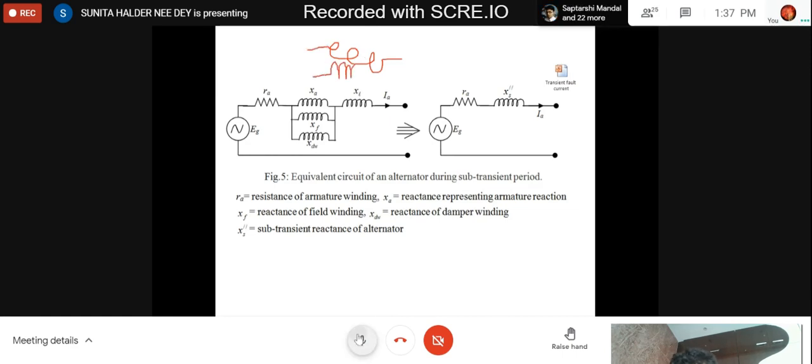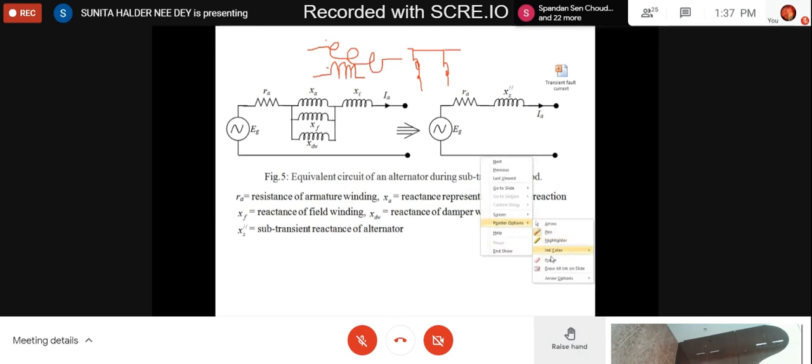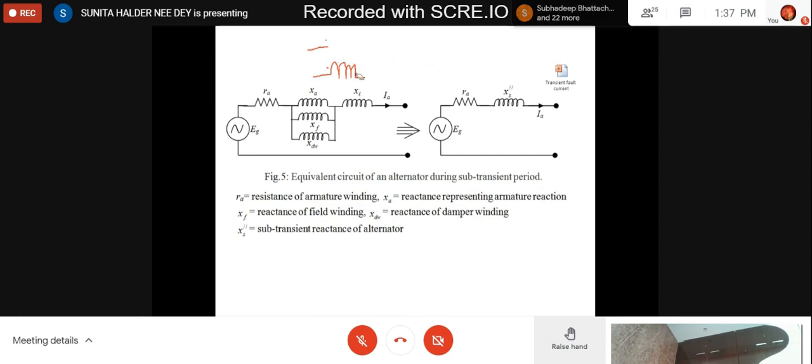So if there is a mutual circuit like that, you have a circuit XM, XS, then XM minus 1. That common path is XS, XM, and its common path is this one. This will be XM minus 1. That is the equivalent circuit. So in that way, obviously an equivalent circuit is always an approximated one.